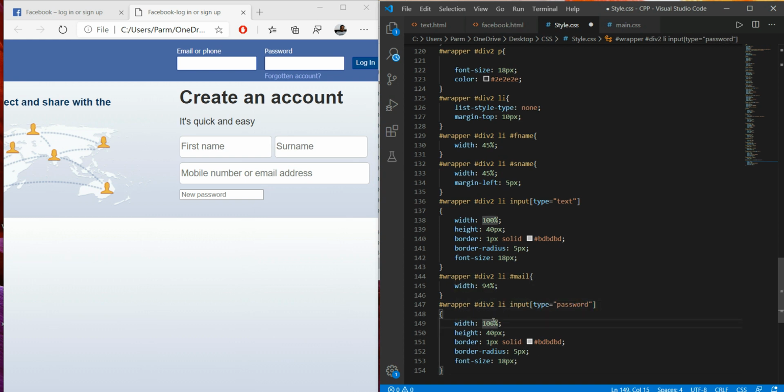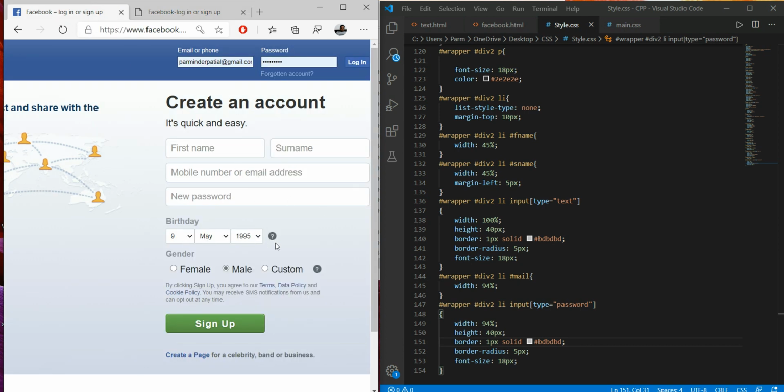Here I have to give its width around 94%, the rest of the things are the same, go for this, refresh it. Now this is a match over here, we see. So this section we have gone through, and it's almost equal. Here we are omitting this section because it requires JavaScript, and we are not going to use JavaScript over here, so we just use this only.